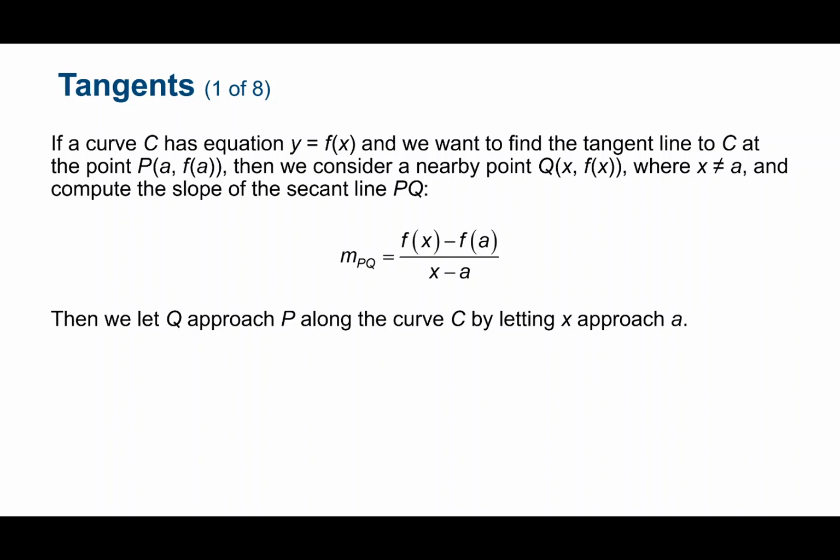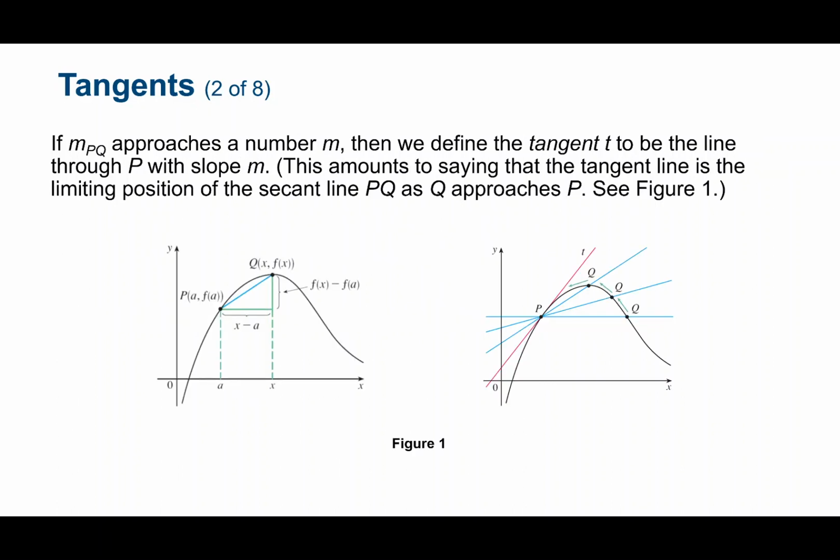And then we said we were going to let our close point Q get closer and closer to P. Now that we have limits in our vocabulary, we can say we let point Q approach P, and look at the limit. As we get Q closer and closer to P, the slope of the secant line gets to the slope of the tangent